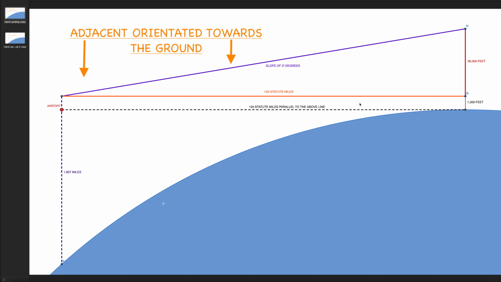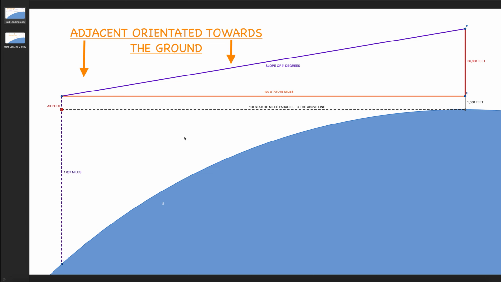The point is that they will be parallel to the elevation of the airport. So it doesn't matter if the airport is 3,000 feet above sea level. That means that from the point when they start the descent, the airport elevation must be parallel to the adjacent that they're calculating with. And both of those must be parallel to mean sea level. But that can't happen if the Earth's a globe, as I pointed out.